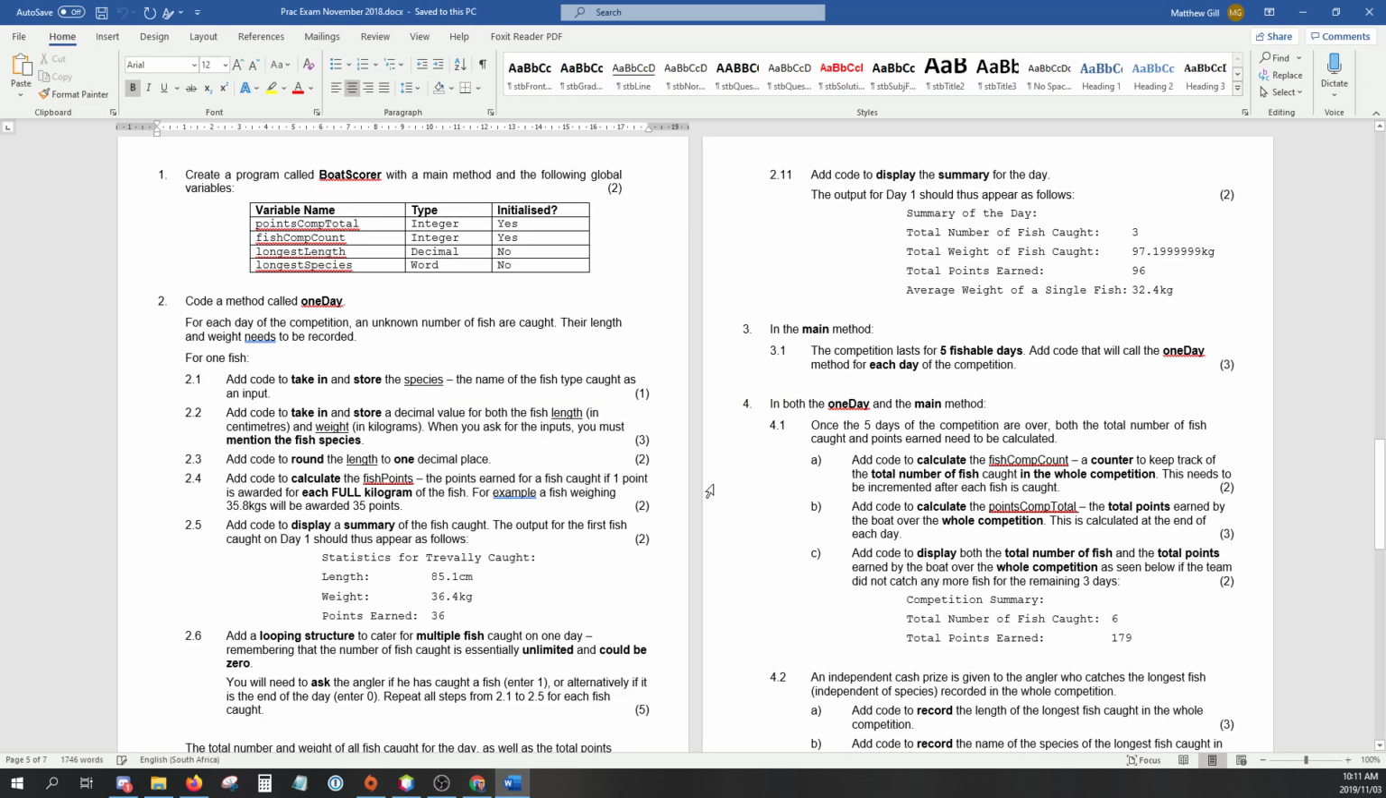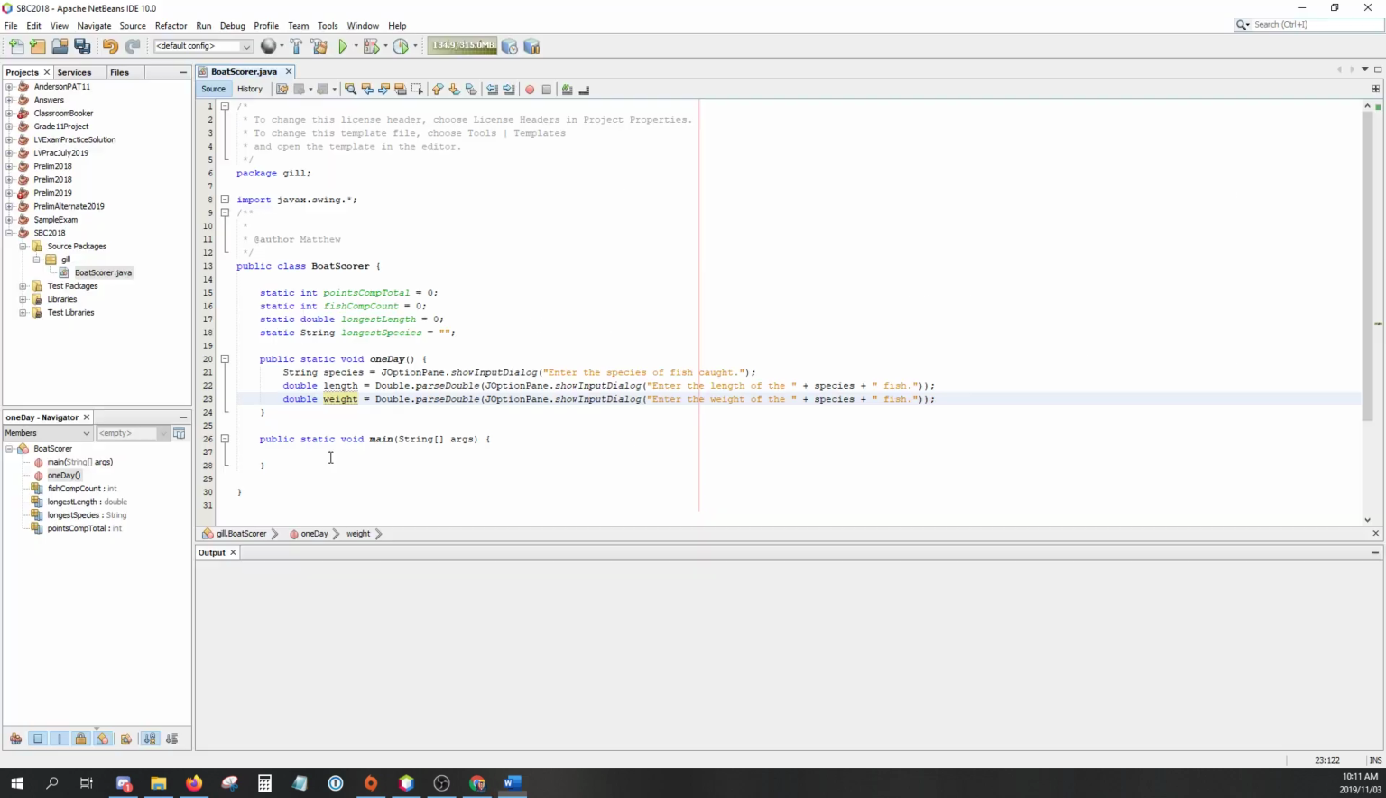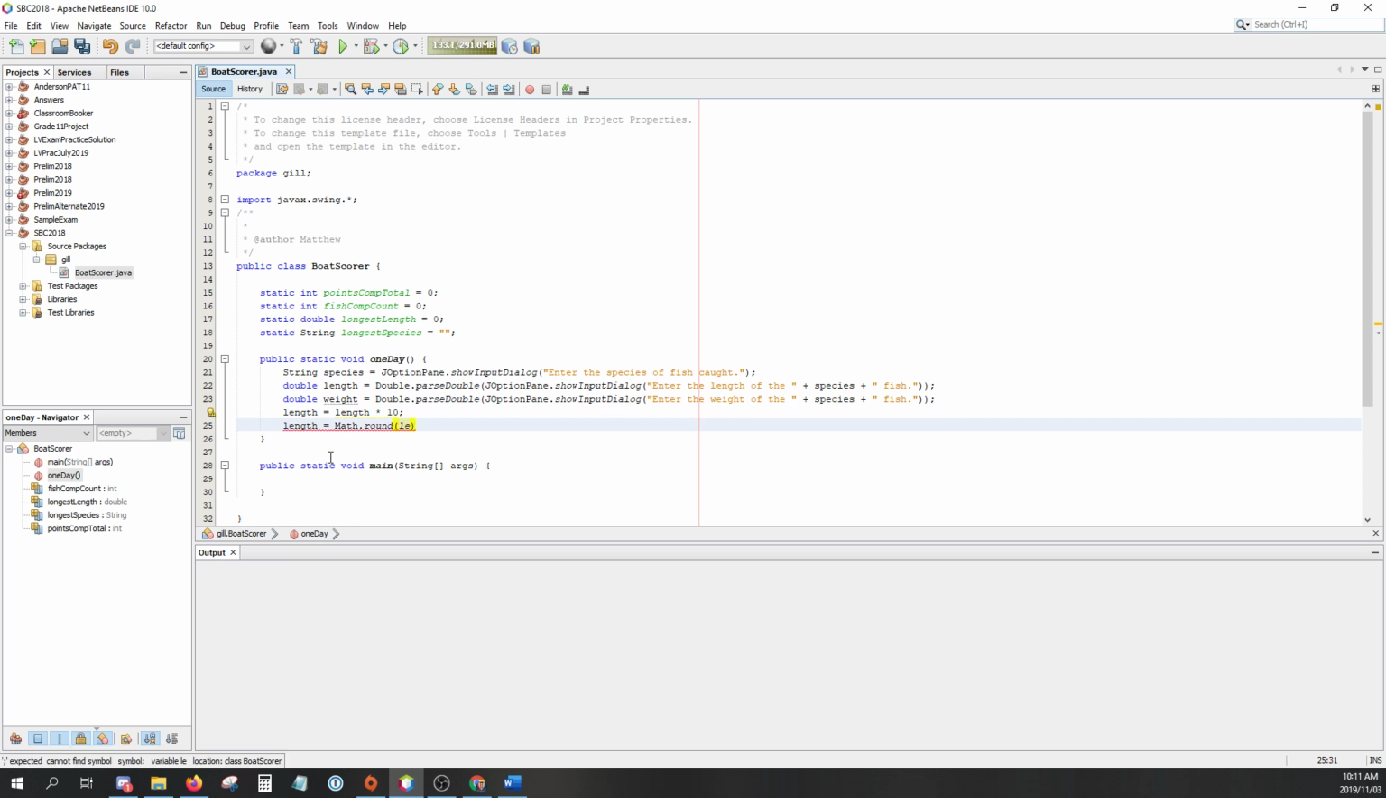Cool. Right. Add code to round the length to one decimal place. So first thing I want to do is I want to go length equals length times 10. Length equals math.round length comma 1. So